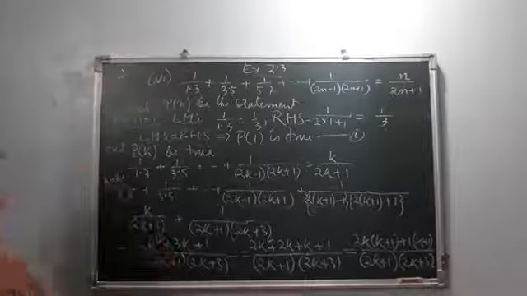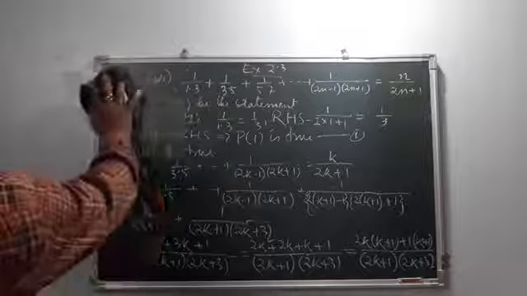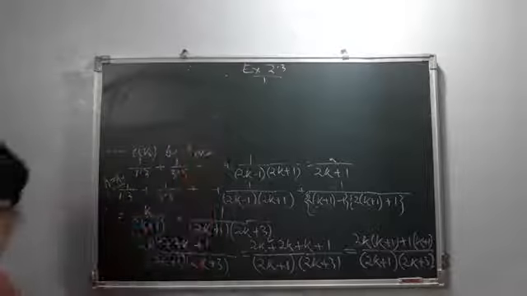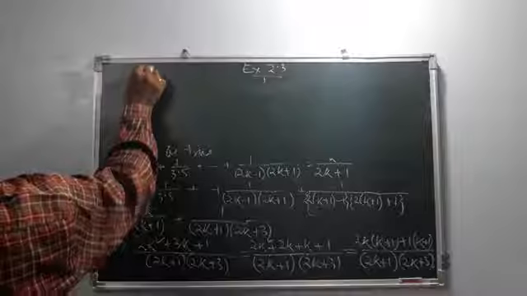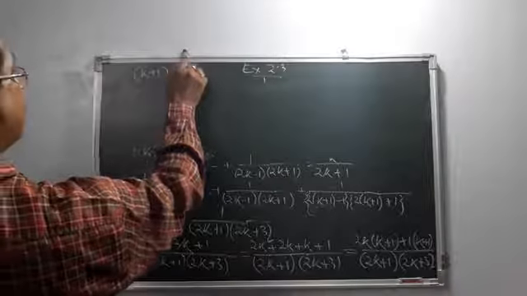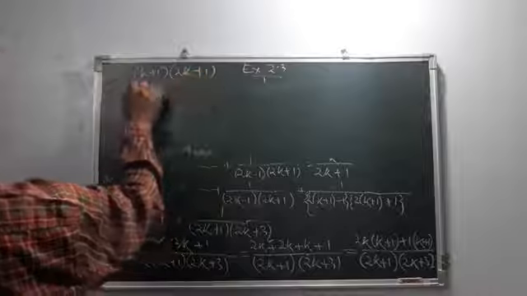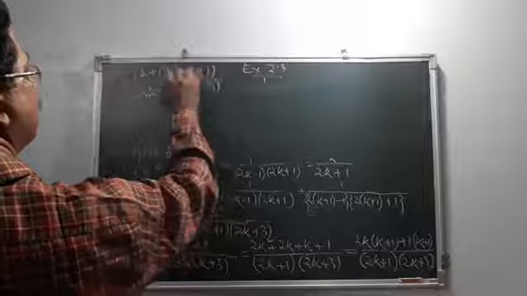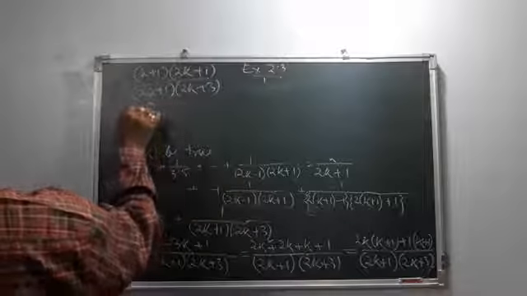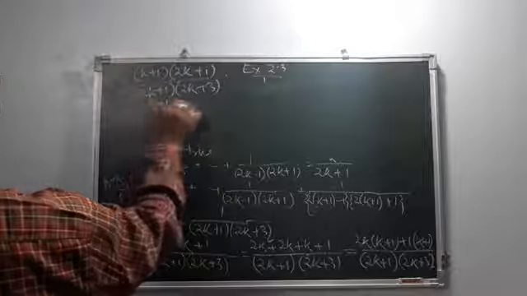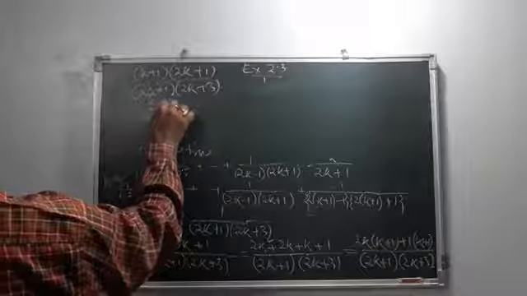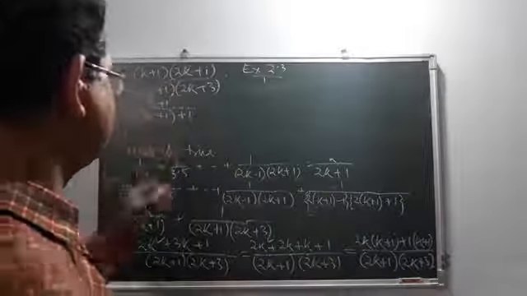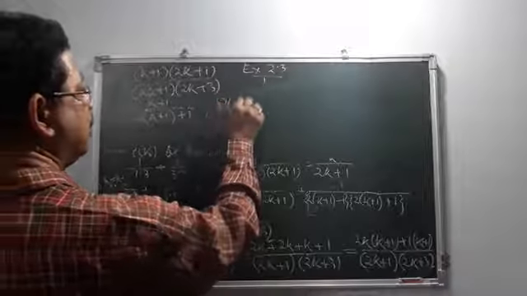Now the remaining part gives a long sum. So from here, if we take k plus 1 common, inside the bracket 2k plus 1, there it is (2k plus 1)(2k plus 3). So we can cancel these two. So what we have achieved is (k plus 1) by (2(k plus 1) plus 1). You can write like that. That means P(k plus 1) is true